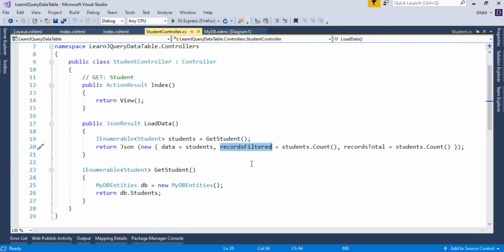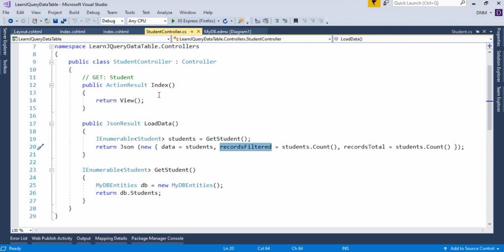Then we have to assign the record filter attribute the total number of records in our collection, and similarly assign the count to records total. For the purpose of simplicity I avoided the searching, sorting and pagination part that we have already studied in a previous video, so you can include it. Now you know it, right?